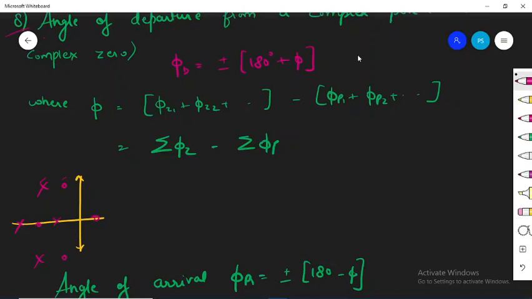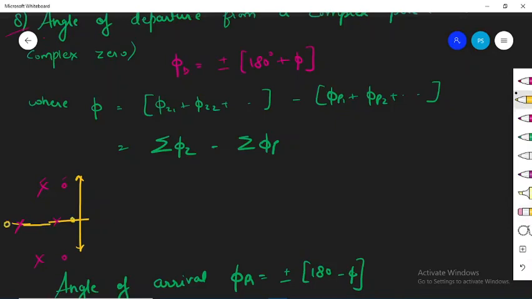So whenever we have complex poles or complex zeros in any system, only then rule 8 has to be applied. Now why is this rule needed? Suppose we have a system, like I have made over here, let's make it less complicated. If you have a system like this, and suppose we have other zeros as well.